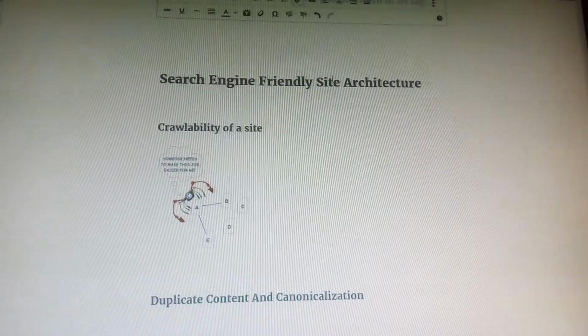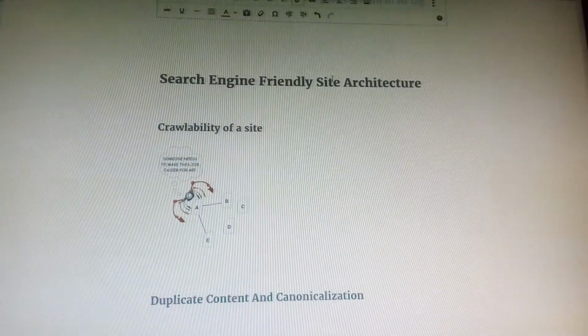Since the crawlability of a site is a vast topic, it covers very many technical terms, and in order to go deep into this topic, you have to understand the technical aspects associated with it. I would recommend you to study this particular aspect in great detail if you are interested.